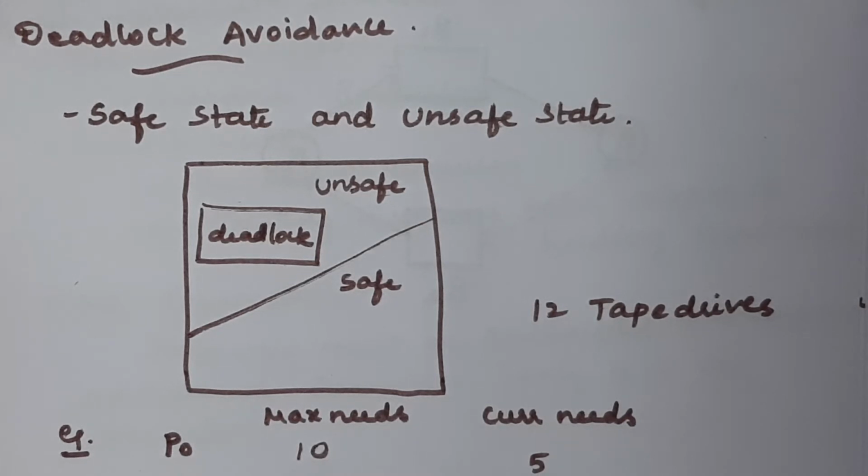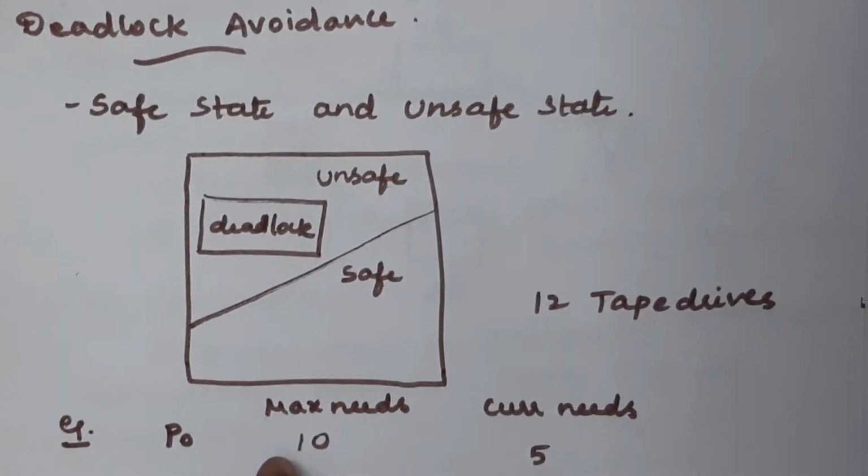Here also we have to follow some methods to avoid deadlock. First, we have to check whether the system exists in a safe state or not. If it is in a safe state, then no deadlock will occur in the system. If the system changes from a safe state to an unsafe state, then deadlock may occur. So how can we detect that the system leads to an unsafe state? We are going to discuss that with one example.